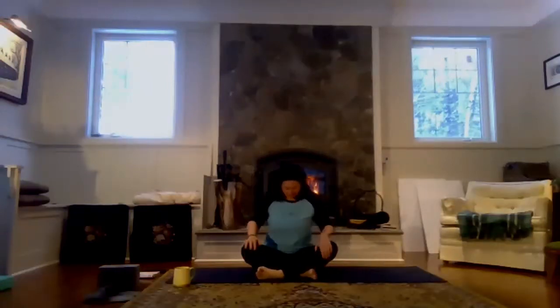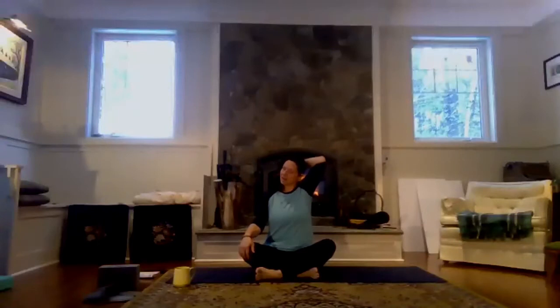I'd like to begin seated on your mat, and I want you to do whatever you need to do to be really comfortable seated on your mat. If that means grabbing a cushion or a block or even a small stool, or even a chair, because we're going to be seated like this for the first few poses. So you can sit on a chair. What's important to me is that you are sitting comfortably,